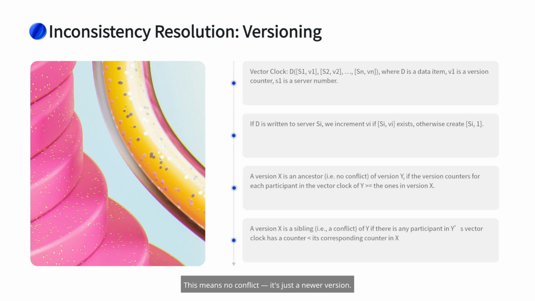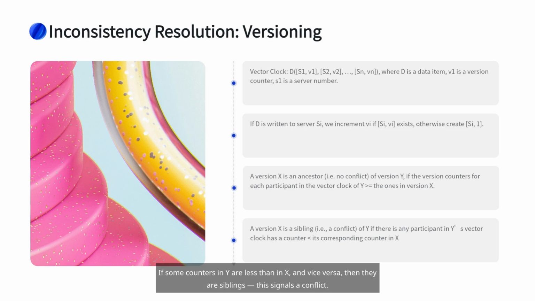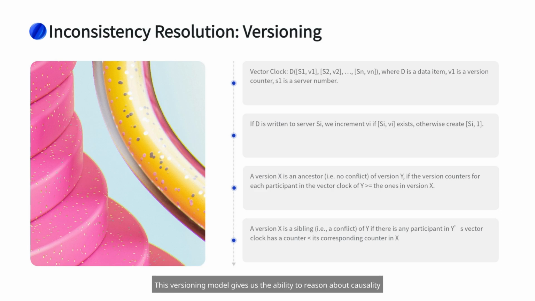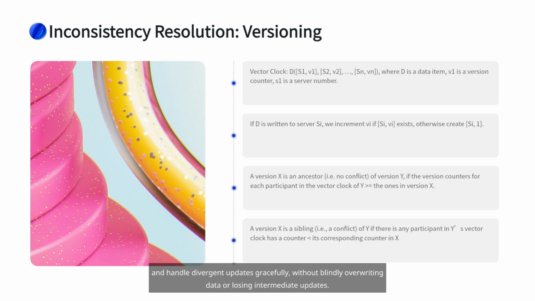This means no conflict. It's just a newer version. If some counters in Y are less than in X and vice versa, then they are siblings. This signals a conflict. Both versions must be preserved and later reconciled, either automatically or manually. This versioning model gives us the ability to reason about causality and handle divergent updates gracefully without blindly overwriting data